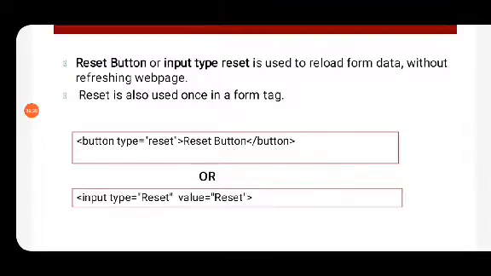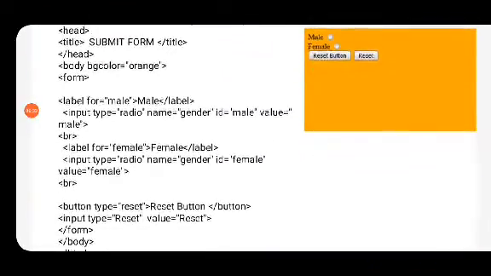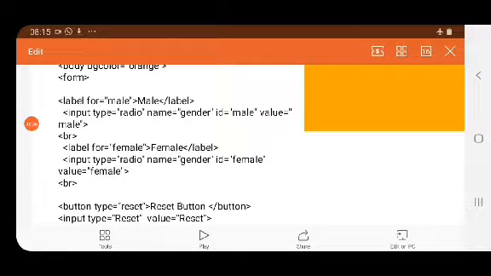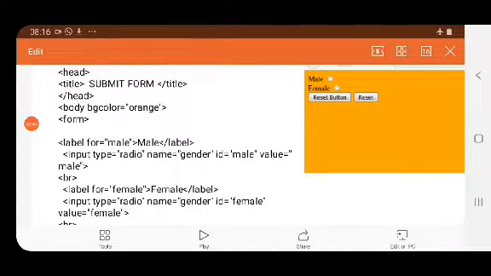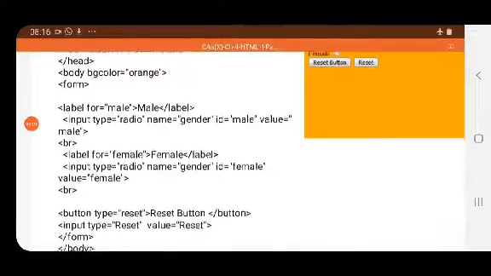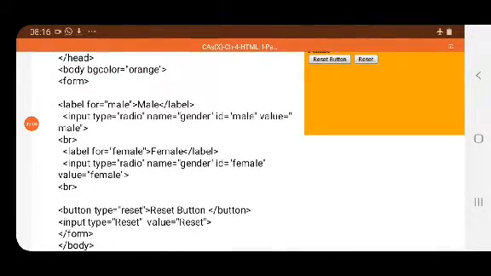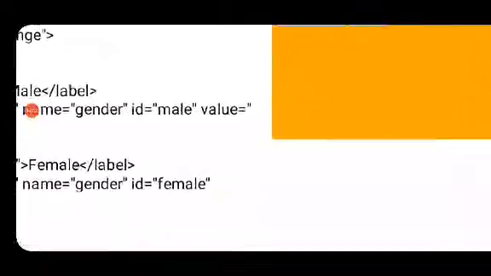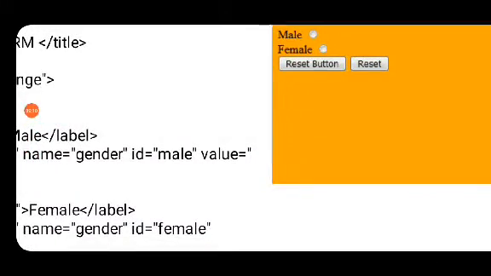So let us see one example. The same male and female radio buttons I have taken. Just see the same web page. For that, the same label tag, input, label tag, input, and after that the reset button, I'm just zooming it: reset button and next just reset.